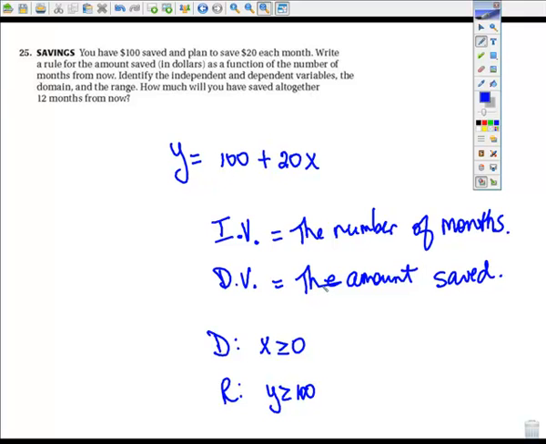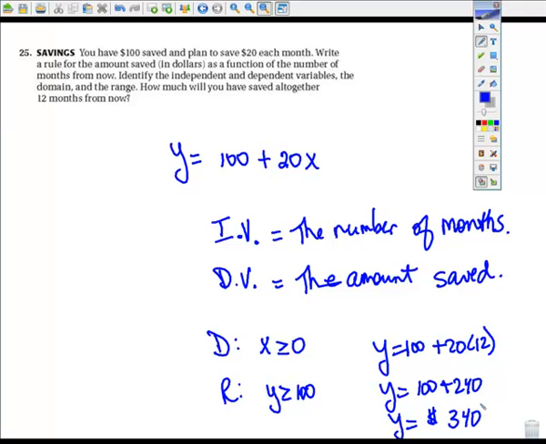And then how much will we save altogether 12 months from now? So we'll put this in the rule. Y equals 100 plus 20 times 12. So y equals 100 plus 240. So in a year from now, you will have saved, if you don't spend,